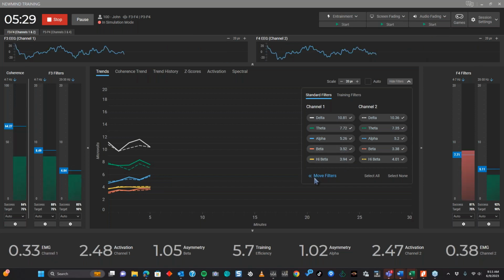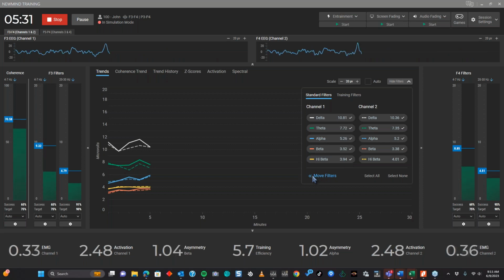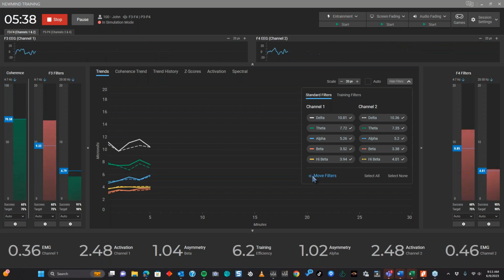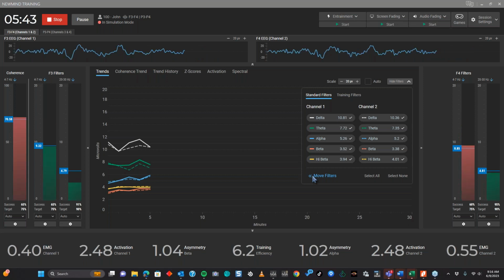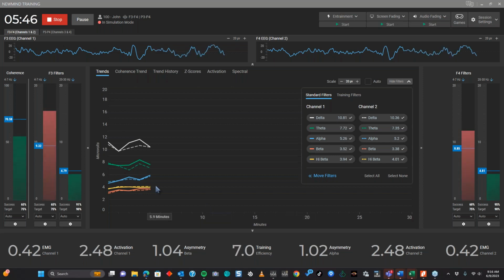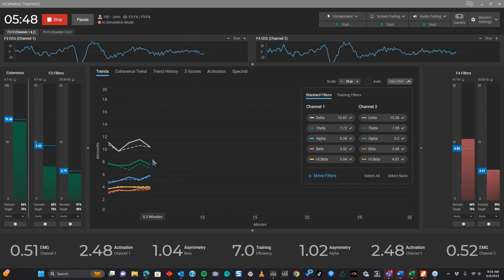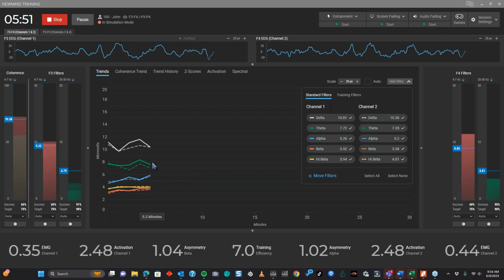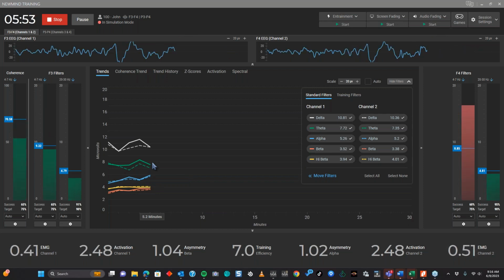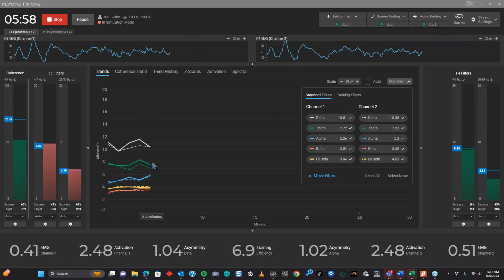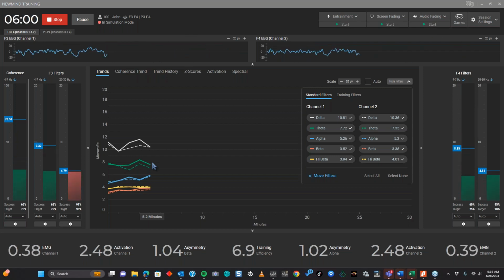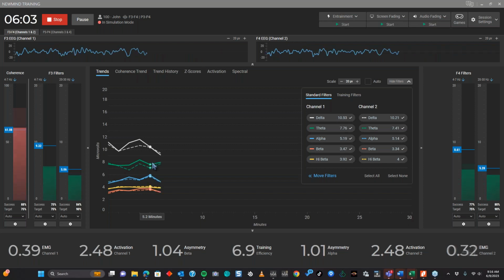And again, if it's down below 2, pay attention to your EMG, look at your trend lines. You can follow average amplitude, however you want to do that. But keep in mind that if we're training somebody eyes open, normal distribution of power for our beta frequencies is 5 to 6 microvolts plus or minus 2. So if you're seeing high beta, especially above 8, you've got a problem, because that